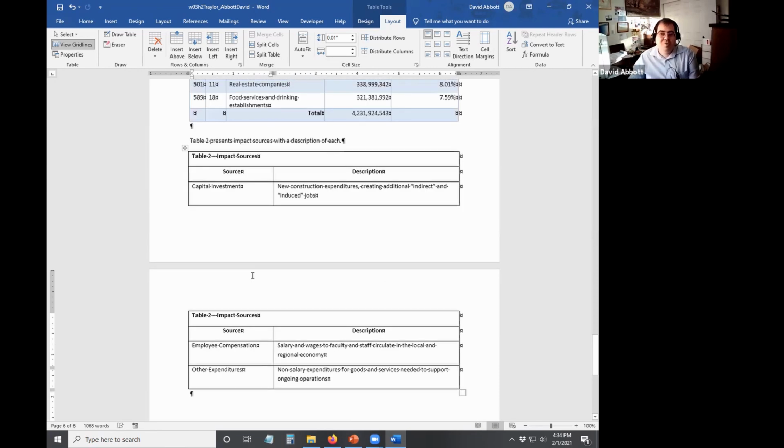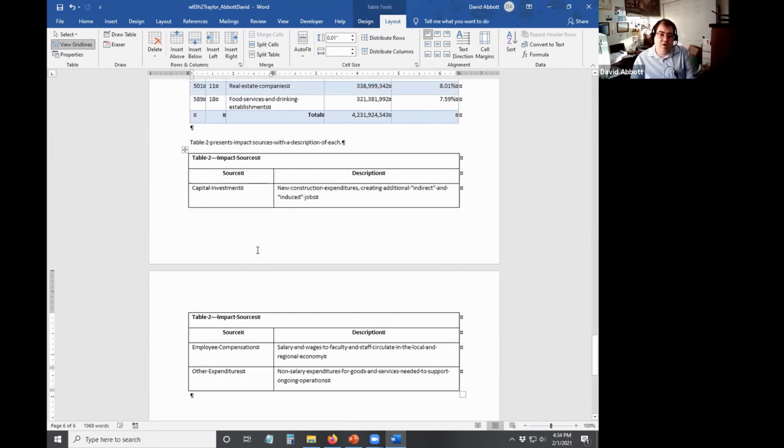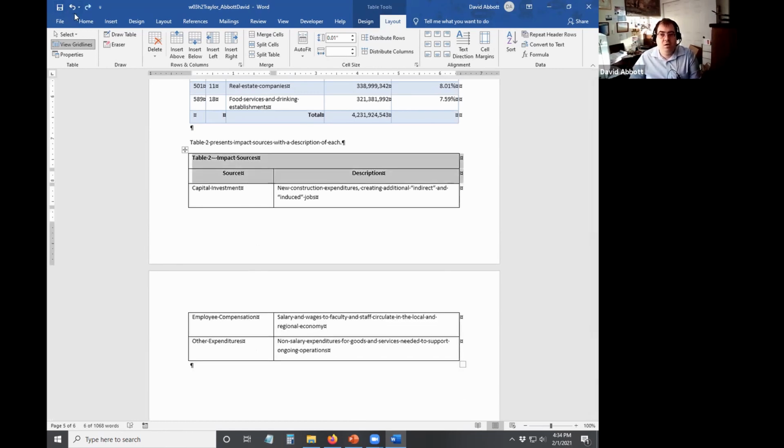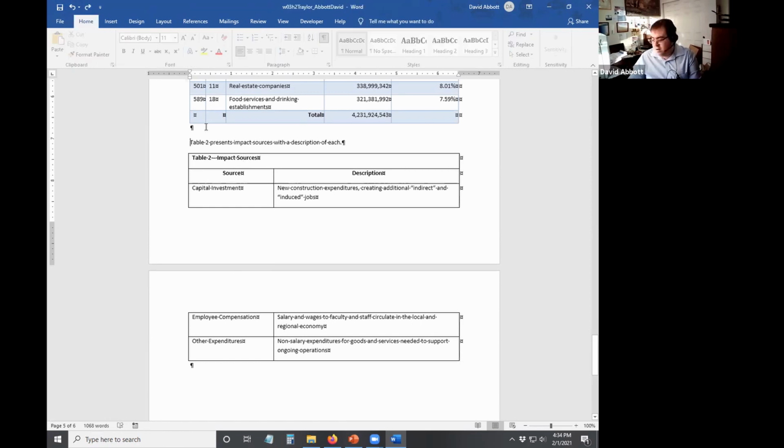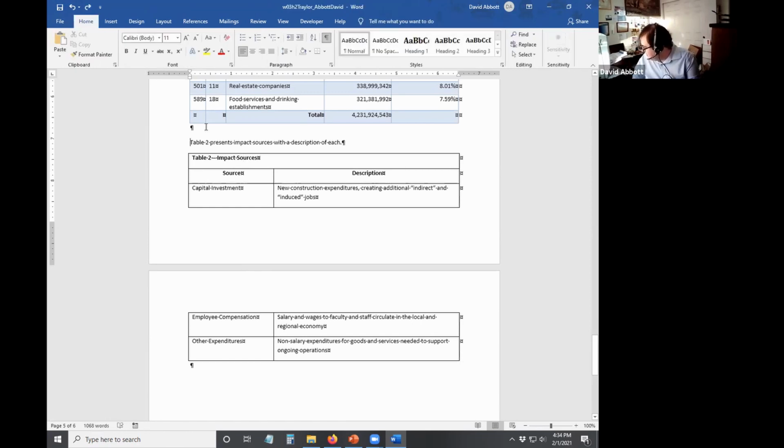So now step F, it says to click undo, click before the word To, and then we're going to insert a page break. So I realized, wow, that doesn't look very good. That's not very helpful. So what we're going to do is click undo. And then we're going to go right up here to right before the words Table 2 presents